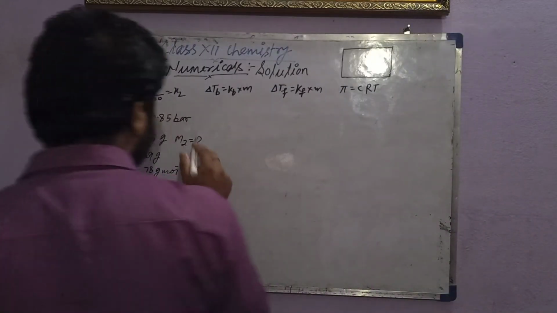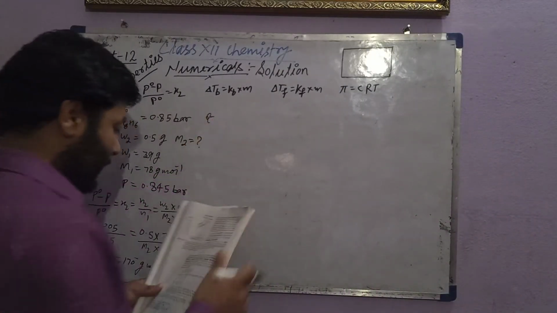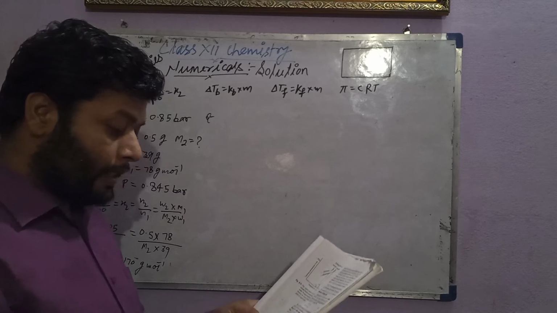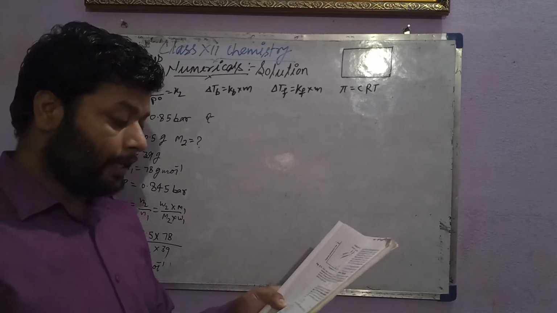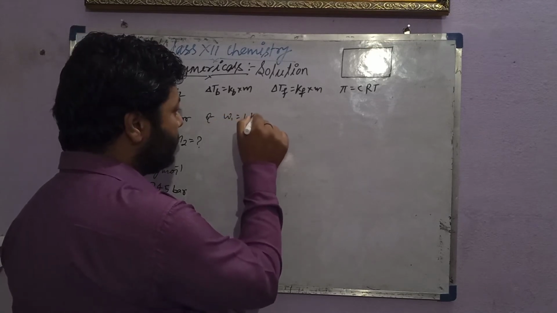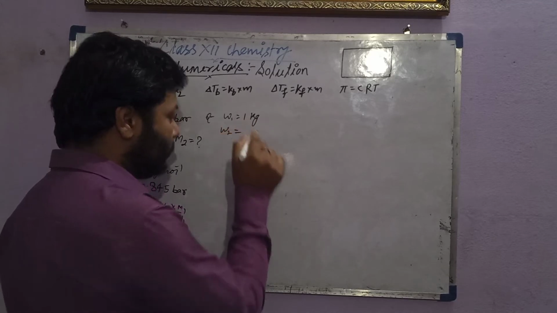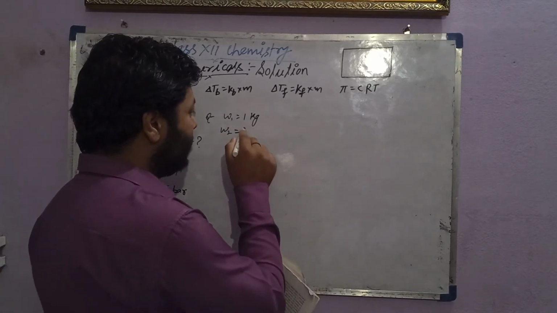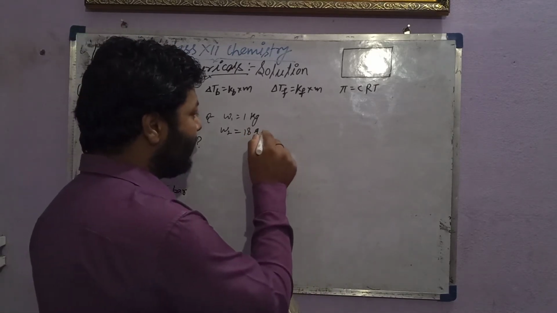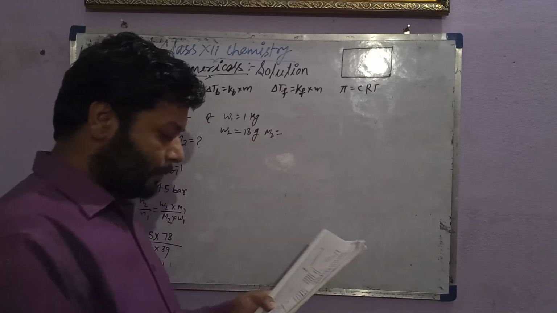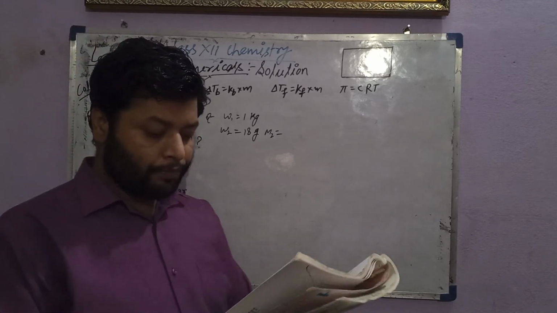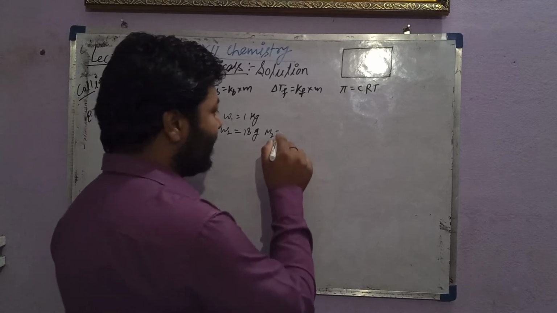So the question is on elevation of boiling point. 18 gram of glucose is dissolved in 1 kg of water in a saucepan. So the mass of water is 1 kg. Mass of solute, that is glucose, is 18 gram. Even the formula is given, so you can calculate the molar mass of glucose, C6H12O6. When we calculate the molar mass of glucose, it will become 180